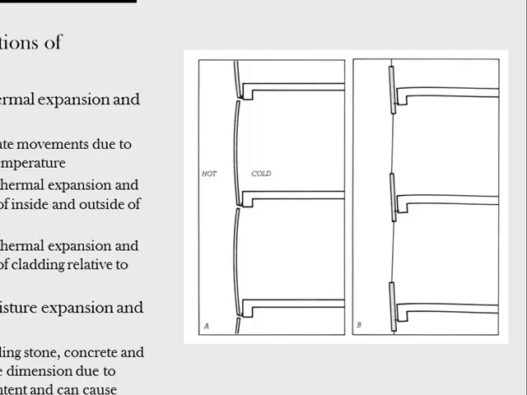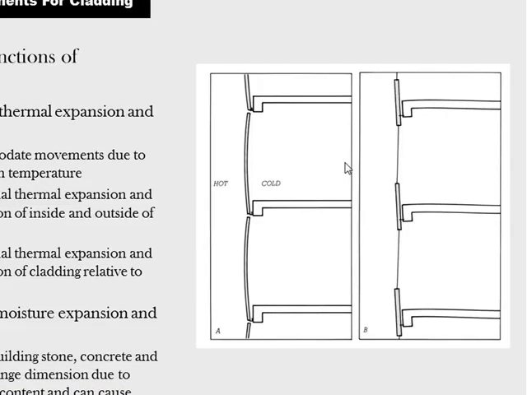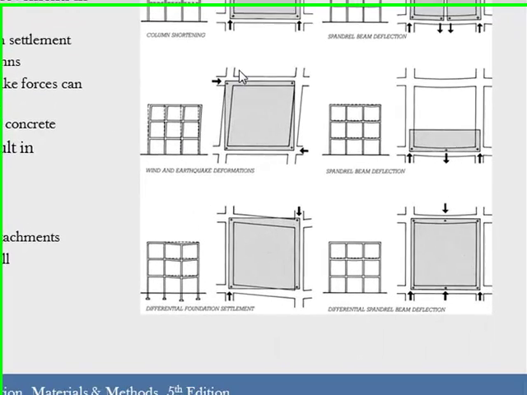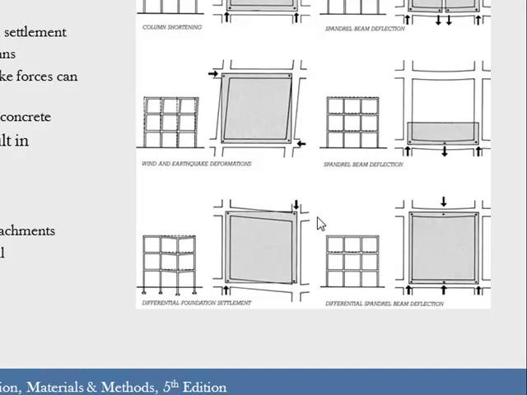Secondary functions would be movement, expansion and contraction, moisture, expansion and contraction. And this is a little diagram showing the cold air and the hot air and how the building might move with those issues. Structural movement. Way back in the beginning, we talked about how the foundations can move, and of course that will affect the whole building above. So you need to allow for some of that naturally, but then you want to make sure that, I don't think you'd want it this drastic, but